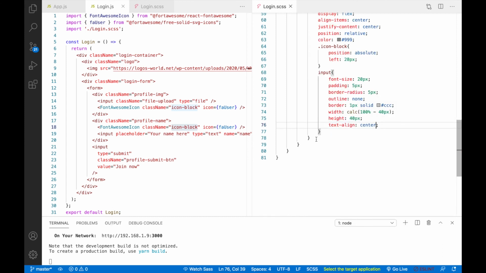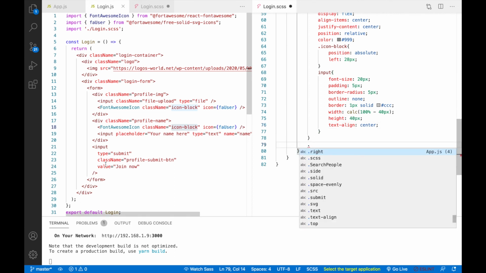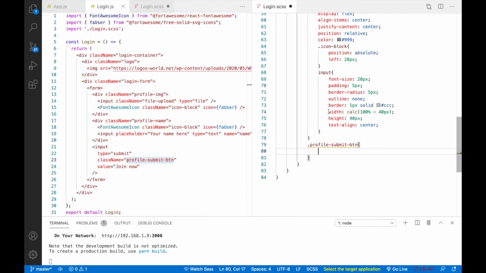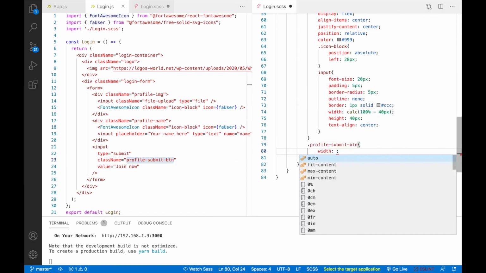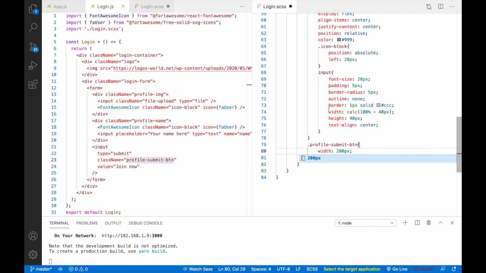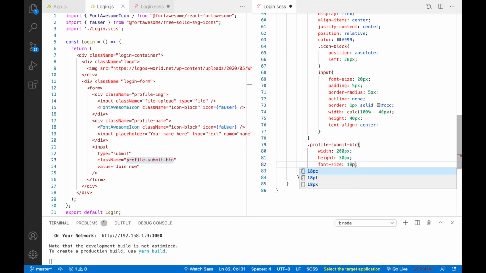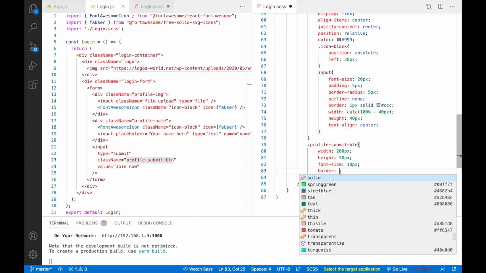Okay, so after this we have one more class left, so that will be this submit button. We'll quickly write this also. So here I will write width 200 px, and height will be 50 px. Okay, font size, this will be 18 px, so border will be none.